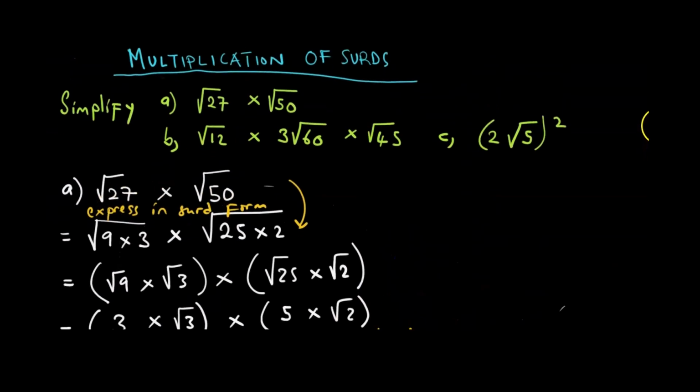So let us look at B. So I'm going to do B with you, but you can try out B. You can pause and try to solve B on your own. Then you come back to compare the answers. The same with C. So let us now do B. Saka B yanga yakanzi kudini. B yakanzi iyo, the square root of 12.